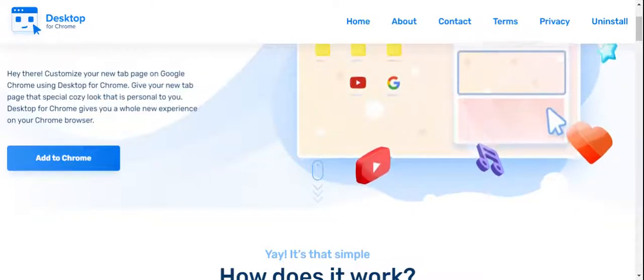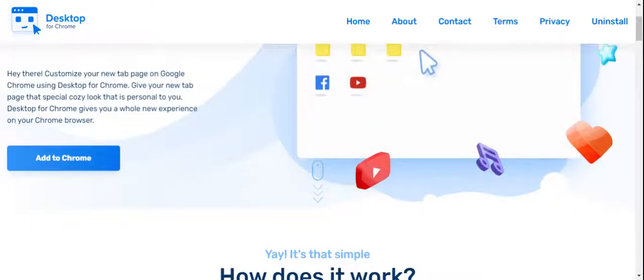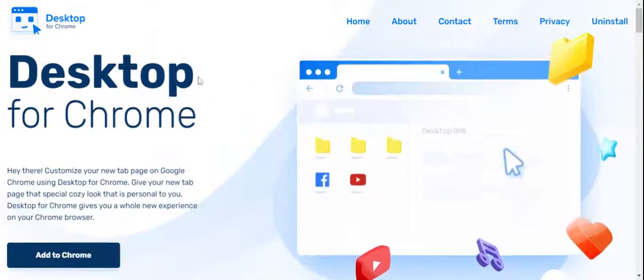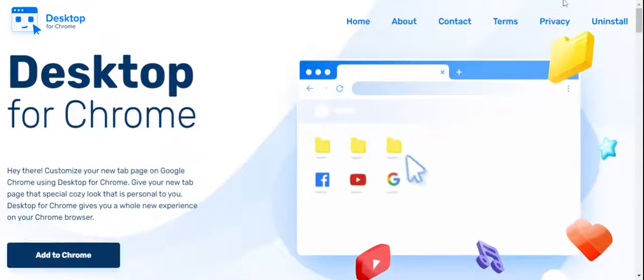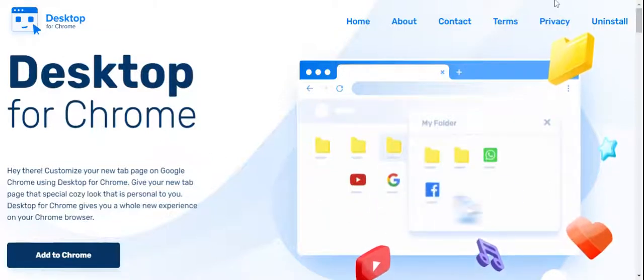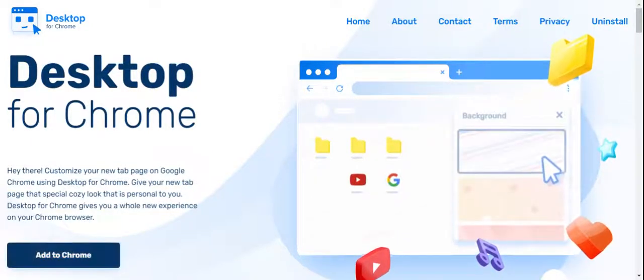Okay, so now this has been added to Chrome. I'll keep it. It has been downloaded. I'll pin this extension over here.